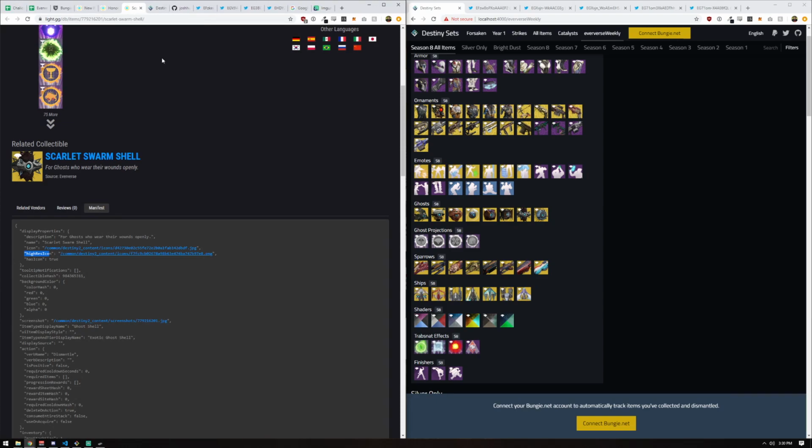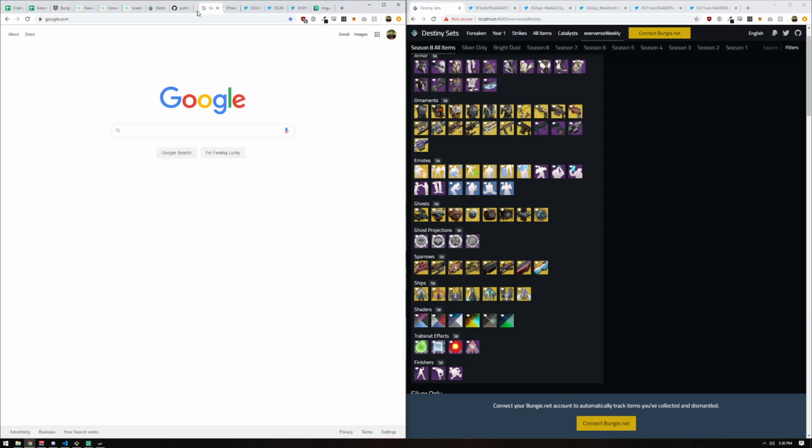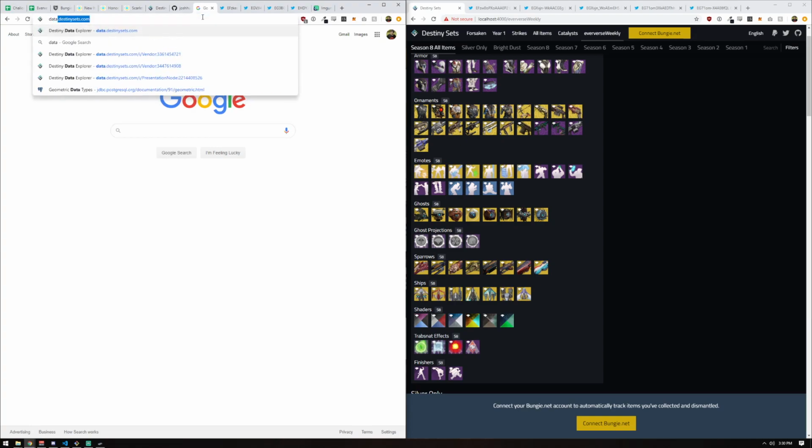And then once we have all the items, we have to take away the items that get sold for silver, and then we can split this list into two lists: items that will be sold for silver and items that will not be sold for silver. And the way we do that is to look at Tess's data. So you can do this too. If we go to data.destinysets.com,